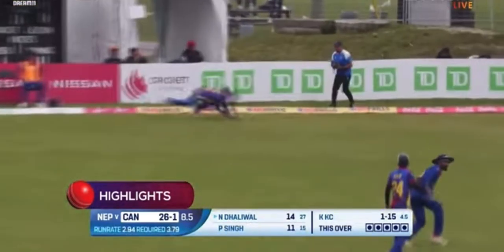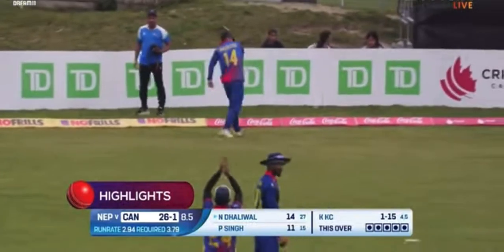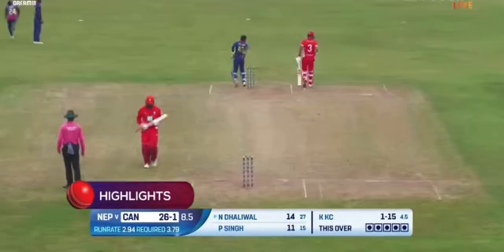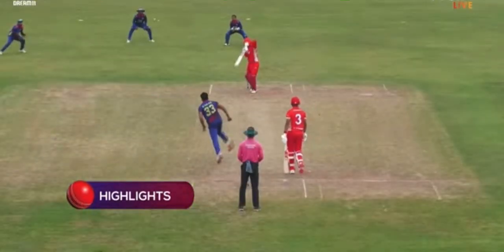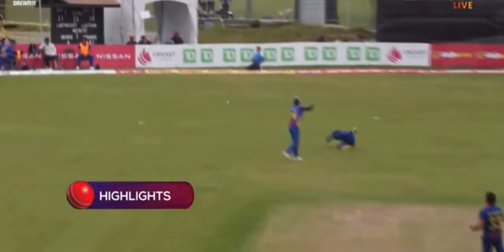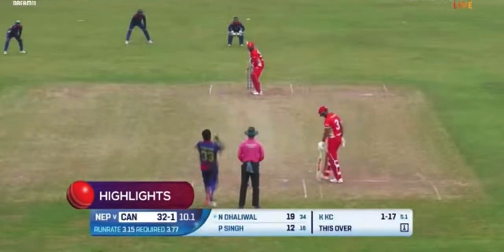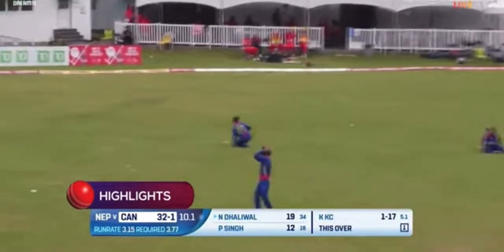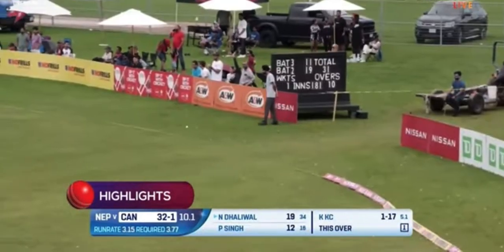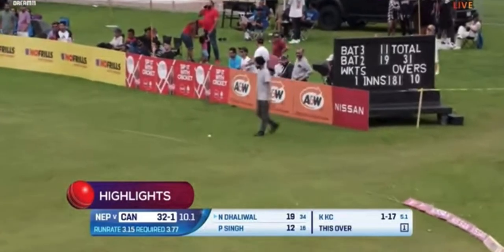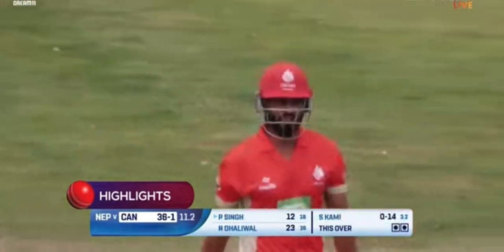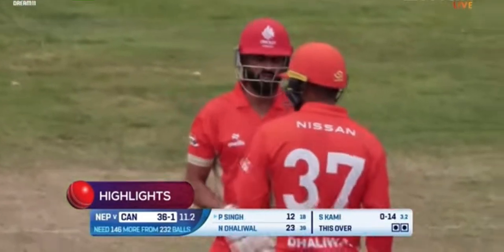Edged and edged wide. Wonderful piece of fielding from Kushal Bhurtel. In place, it was only the one floating slip and then the gully. And it was well wide. And in between the two of them, gets us to the end of a dramatic over. 20. Again, it was at a catchable height, but just out of the reach of Bhim Sharki, who was hovering there at backward point. All's well that ends well in the end.